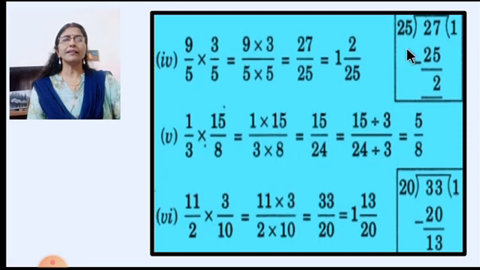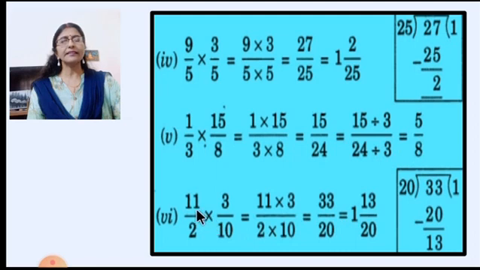Now we will convert it into mixed fraction. Same way this also is done. Numerator is multiplied by numerator, denominator is multiplied by denominator. And then at the end you see whether you can reduce or not. If you can reduce, here you see it can be reduced by 3. So you can write like this also, or you can cut it also like that. And then you will get 5 upon 8.